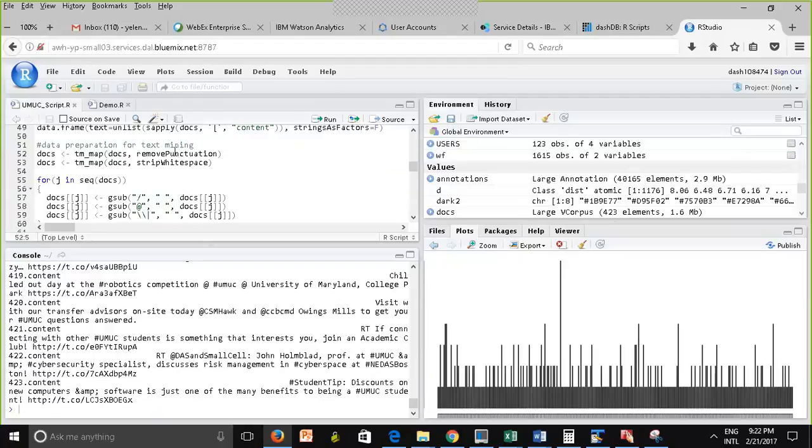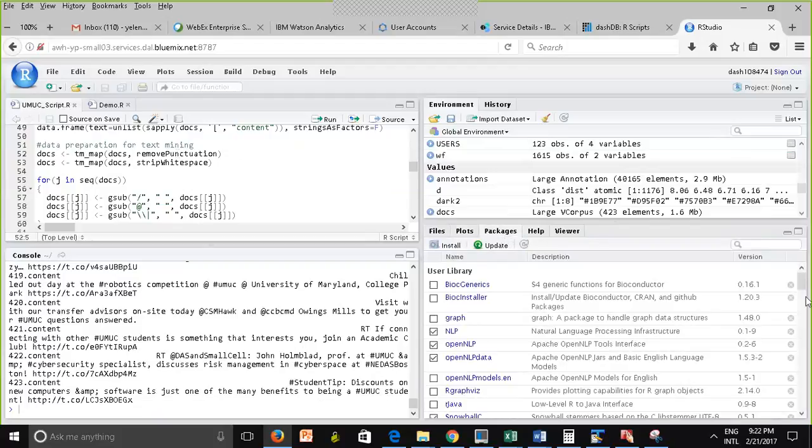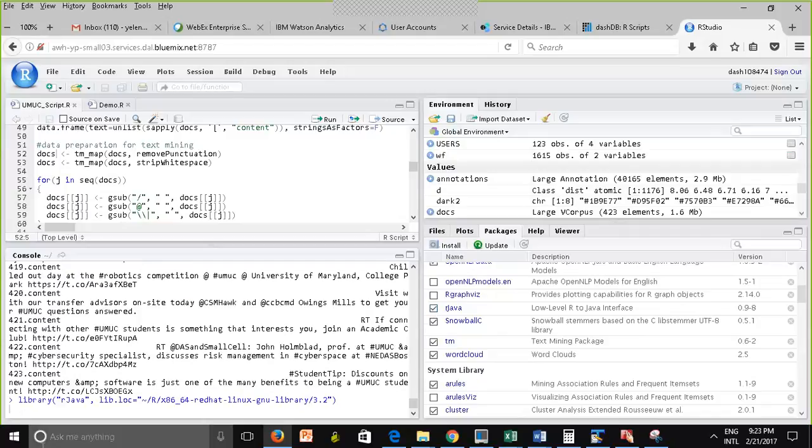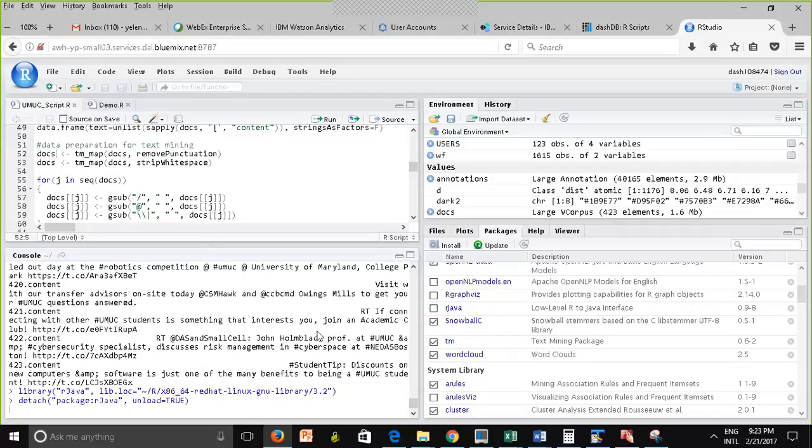But before I do this, this is very important. You need to install the TM package, and you need to load it into memory. The package is unavailable until it's loaded in memory. And to make sure your code is reproducible, you need to write a command, require, and then put the package name, right? Or another option, if you physically check the checkbox, then you want to write down the command that it runs for you, right? Like for instance, look at this. I'm going to check this checkbox. It displays the command. You want to add this to your script, because next time you don't want to worry about checking these checkboxes, right?